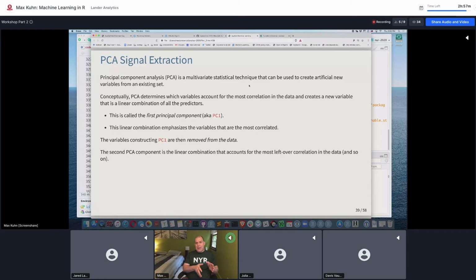And so the way it does that is it makes linear combinations of those 100 predictors. So the first principal component isn't one of the predictors. It's a linear combination of those 100 predictors. And that first principal component, using math, captures as much of the variation as possible. Then it removes the effect of the first principal component from the original 100. And to get the second component, for whatever's left over, we'll make the second component account for as much of the leftover information that the first component didn't get, and